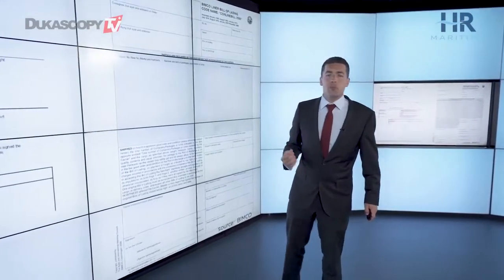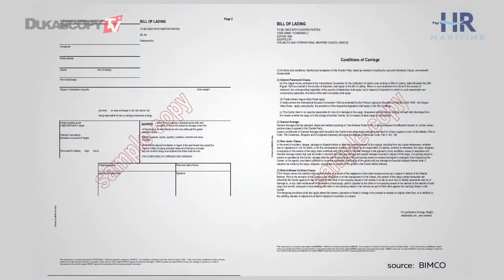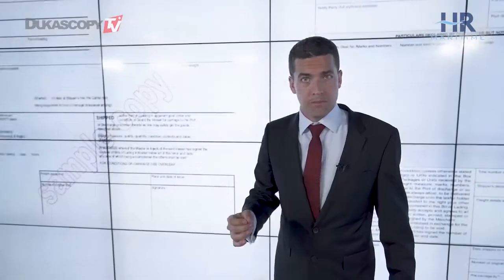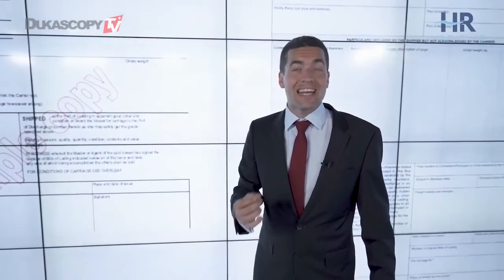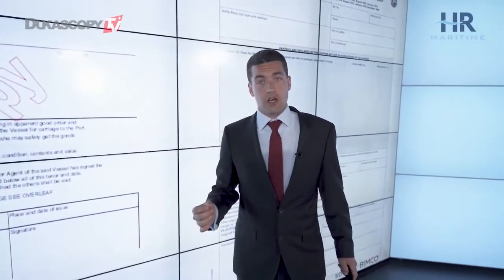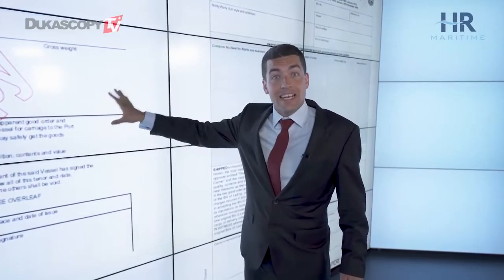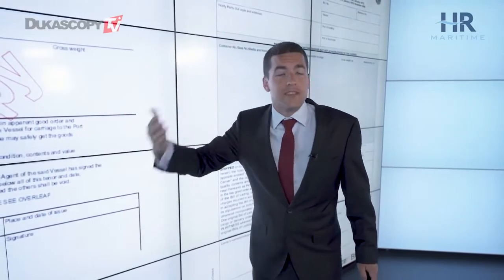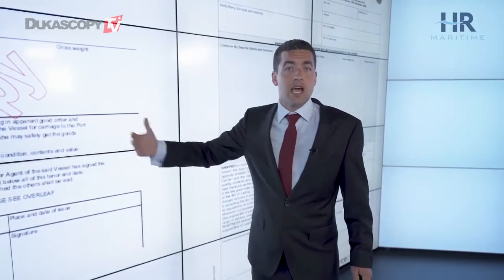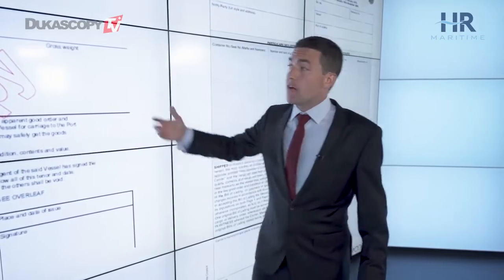And a couple of other points that we have on the bill of lading. One is that we will often see a term "clean on board" on the bill of lading. This is actually quite a silly thing because in letters of credit, it's important to have a clean transportation document. In order for a transportation document to be clean, it cannot be claused. It cannot have any negative clauses about the condition of the cargo. And so as soon as a bill of lading doesn't actually say anything negative, it is a clean bill of lading. But we've taken the extra step of writing on it "clean on board," and now a lot of letters of credit actually require a clean on board bill of lading,